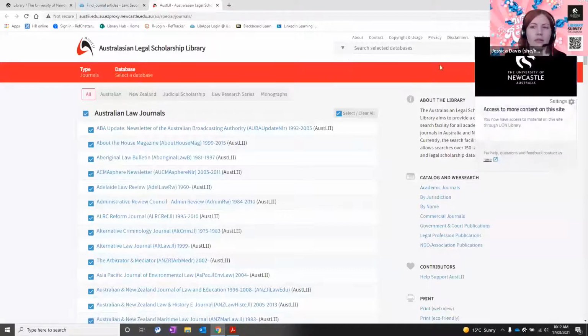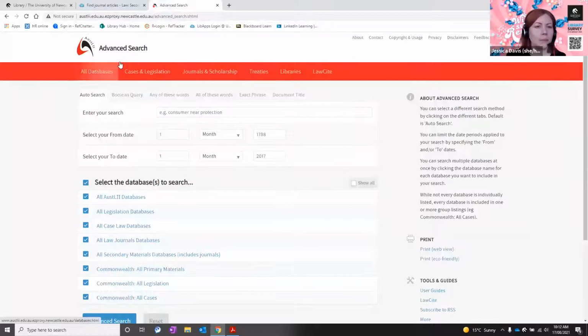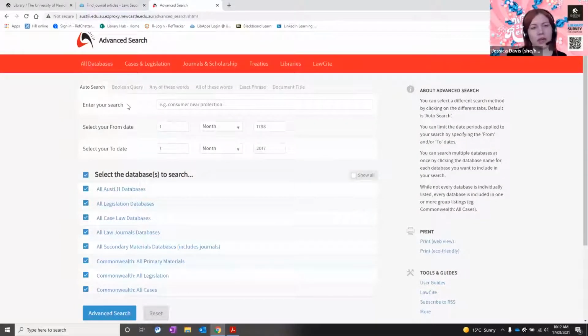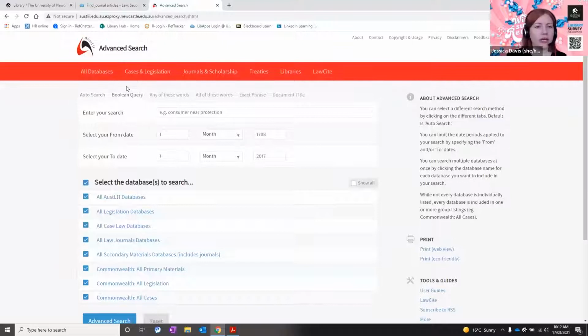And then to do a search, I'm just going to go down here and then to advanced search, which brings up my search screen. And then I want to do a Boolean query. So I'm just going to change that tab there. And then I will type in duty of care and teacher and high school.